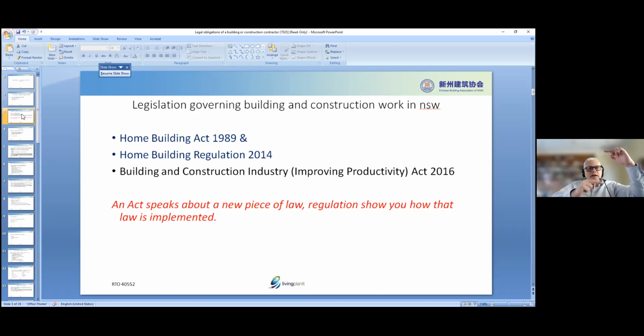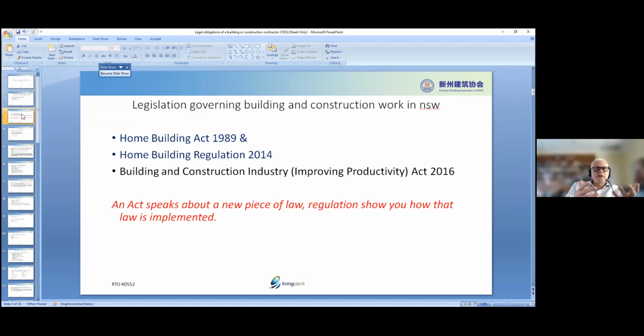Okay, so the act sits on top, then the regulation sits below that, and underneath the regulation we actually have another thing called codes of practice. Now, codes of practice simplify the regulations and the act. In other words, they make it easier for us to understand. The wording is not legal, it's not lawyer terms, right? It's simpler terms. And we can find these codes of practice online. If you go to the Safe Work website, you will see all the codes of practice. There are many, many codes of practice.